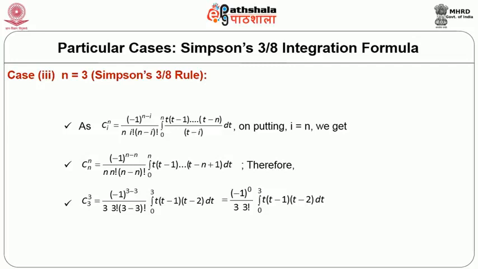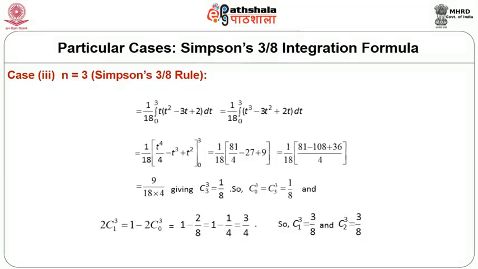So t minus 1 up to t minus (n minus 1), that is t minus n plus 1, dt. And let us put n equal to 3. So 3c3 is minus 1 raised to 0 upon 3, 3 factorial, 0 factorial, integral 0 to 3, t minus 1, t minus 2 dt. And so 3 factorial is 6, outside the integral sign we get 1 by 18, integral 0